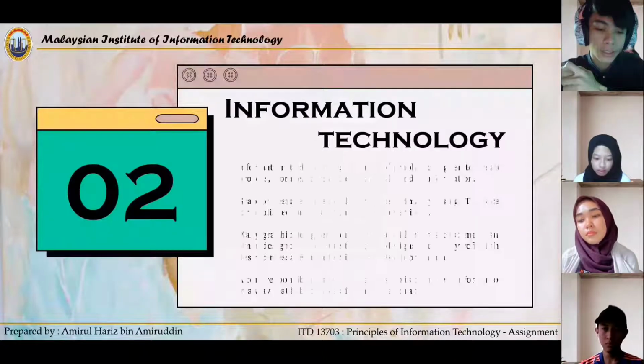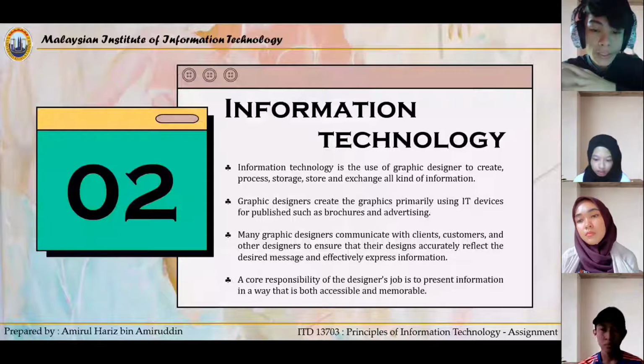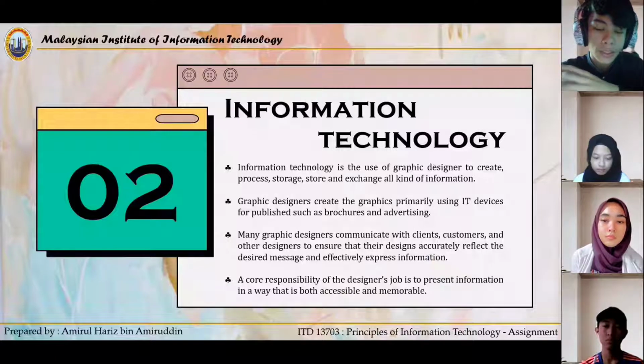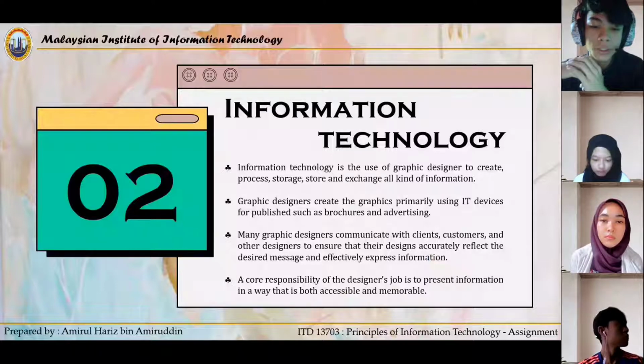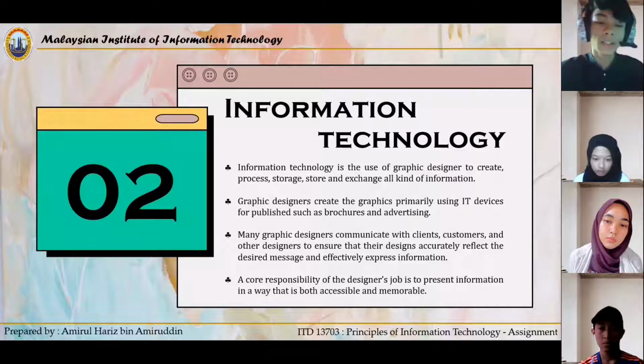And then, moreover, we have information technology. Information technology is the use of technology by graphic designers to create, process, store, and exchange all kinds of information. Graphic designers create graphics primarily using IT devices for publishing and advertising. Graphic designers communicate with clients, customers, and other designers to ensure their designs accurately reflect the design message and effectively express information. A core responsibility of the designer's job is then